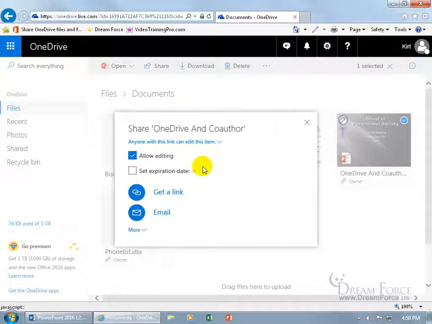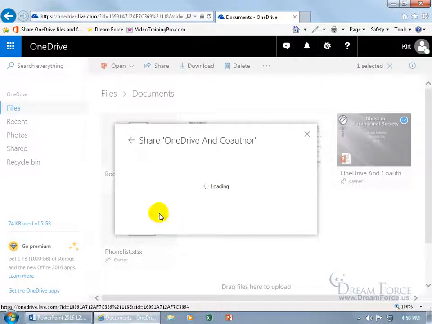In any case, if you have the option and you checked it because you're paying a monthly fee and you don't get it popped up, well then go ahead and set an expiration date. So after, well, so many days, they can no longer access the file. And then down below, you can generate a link that allows them to edit, as we have it checked here, then copy, paste it, send it off in an email,